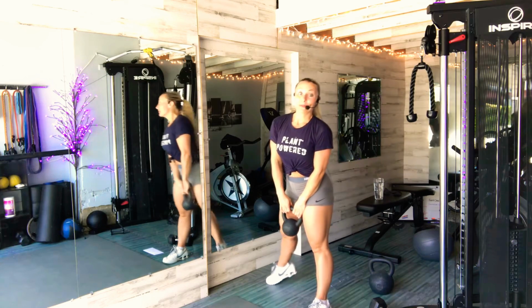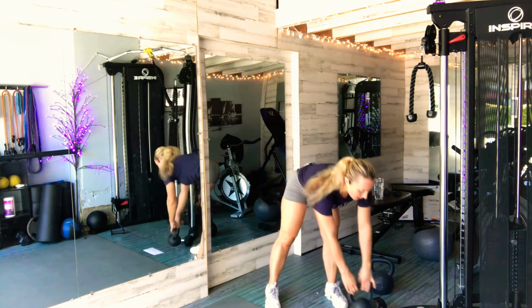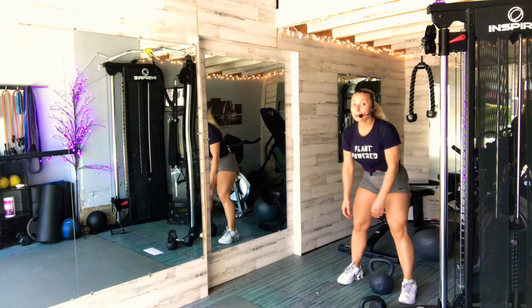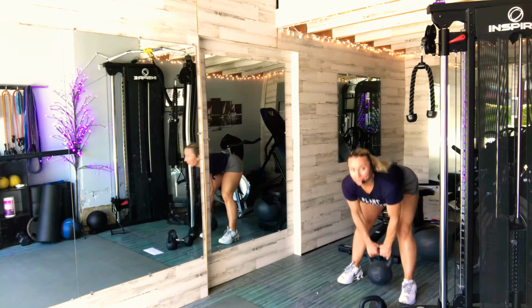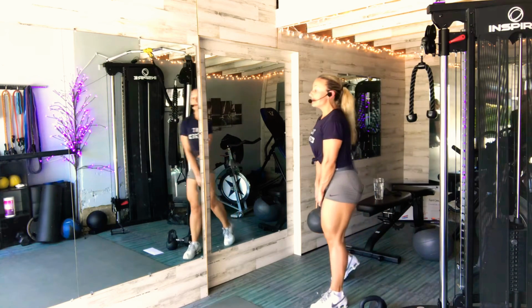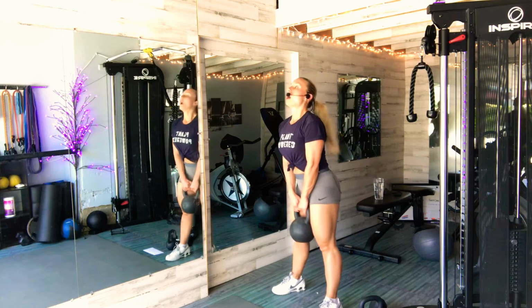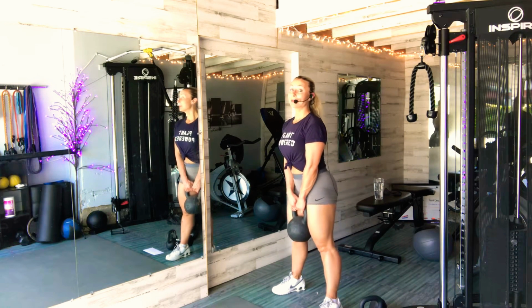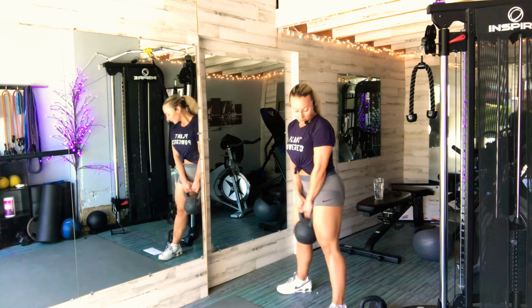And then our third movement, since we are mostly doing the legs here, I'm gonna grab my heavier weight and we're gonna go into hip thrusters, okay? This is another exercise that I see being done incorrectly all of the time. So I'm gonna show you first, and then I'm gonna break it down, okay? So with the hip thruster,